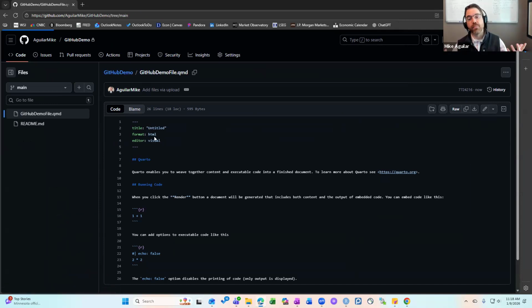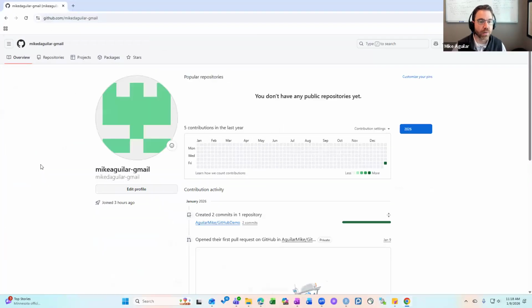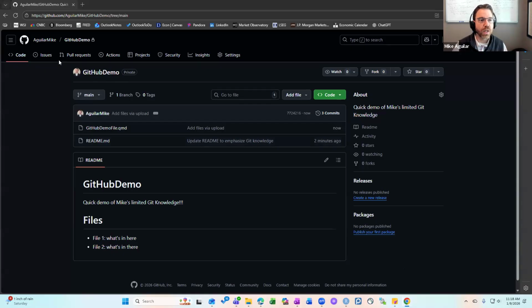All right, now where GitHub really shines is in collaboration. So I want to add somebody else. I went to a different browser and I created a new profile, Bizarro Mike. Mike Aguilar, the dash Gmail. I want to add this version of me in like a parallel world to this repo. So go to settings,